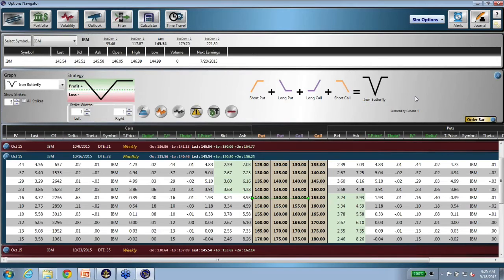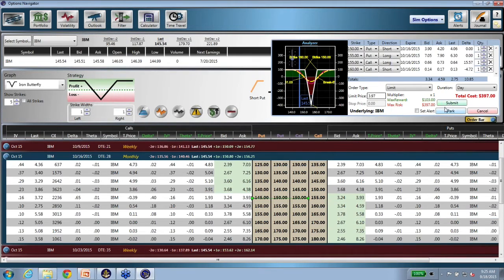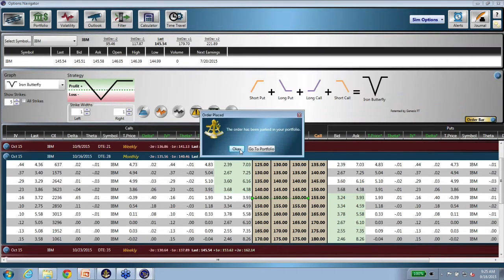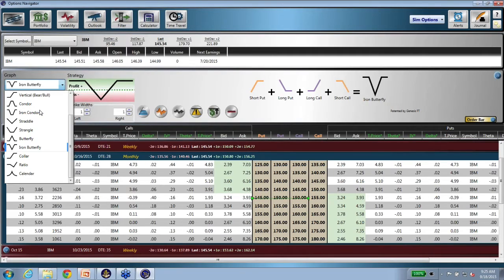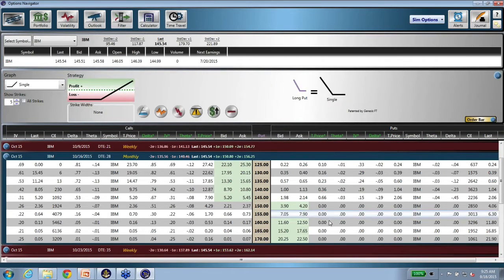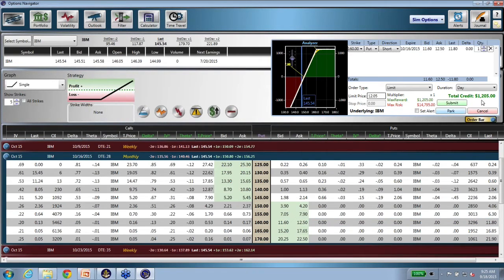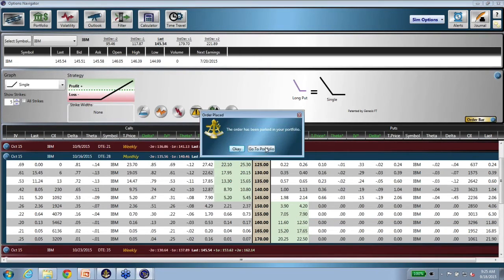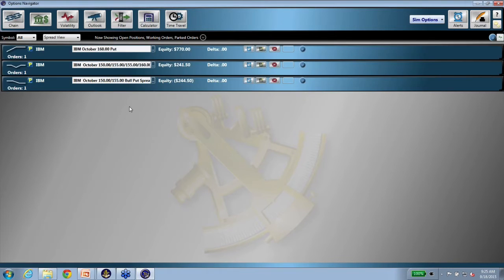What I do want to talk about in the graphs is actually, maybe I should place a couple of quick tickets here. So I'm just going to click this one and go ahead and park it. And then I'm going to go to a different one. I'm just going to take a single leg and do like a 160 single leg, and go ahead and park that, because what I did want to show you in the portfolio was